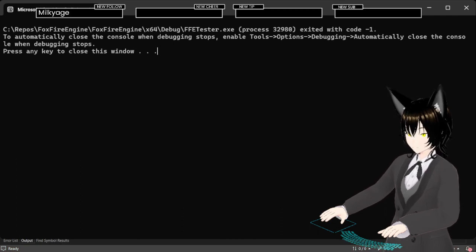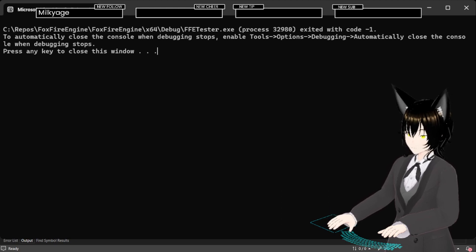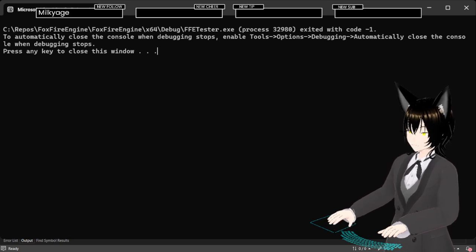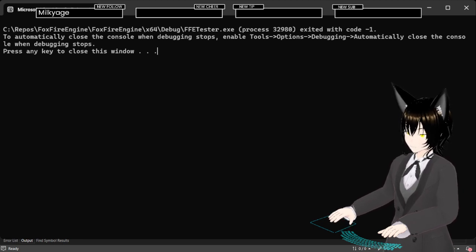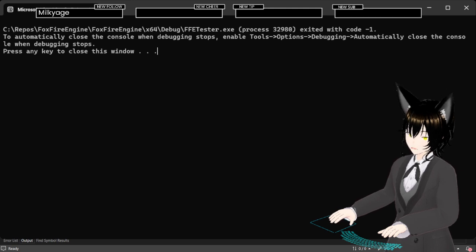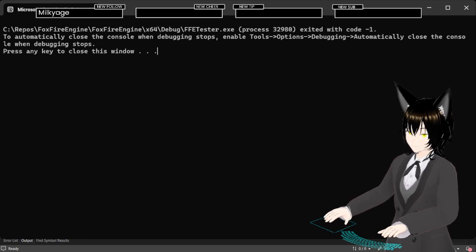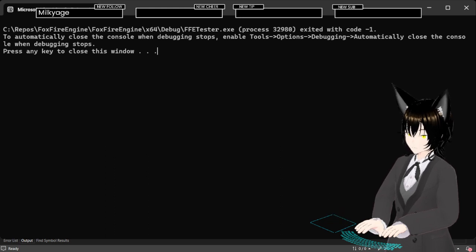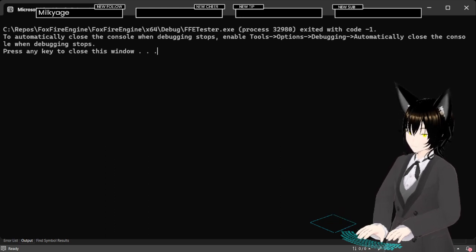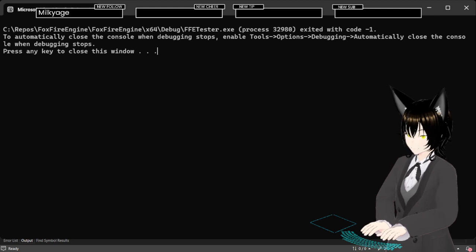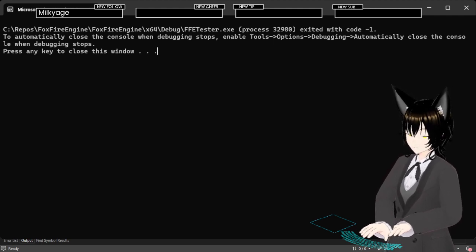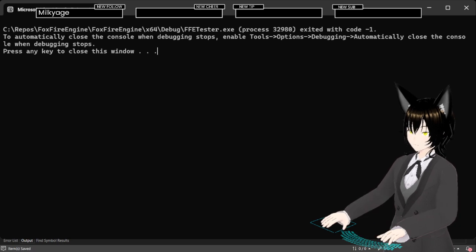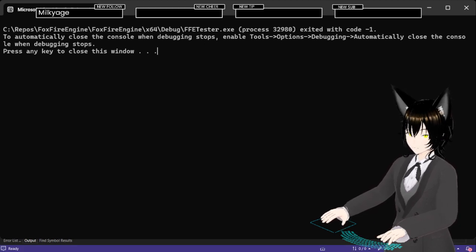Why is it throwing the exception? It's not throwing this. Cout, find ID. Let's see what's going on here.